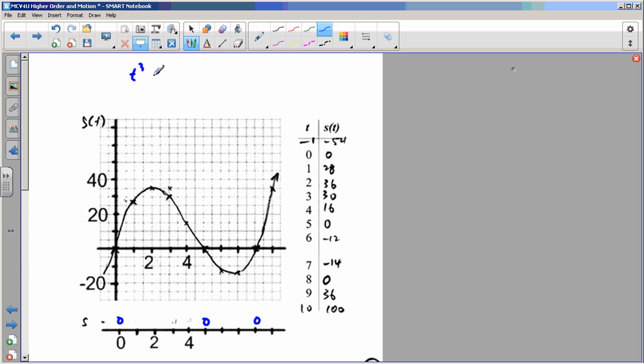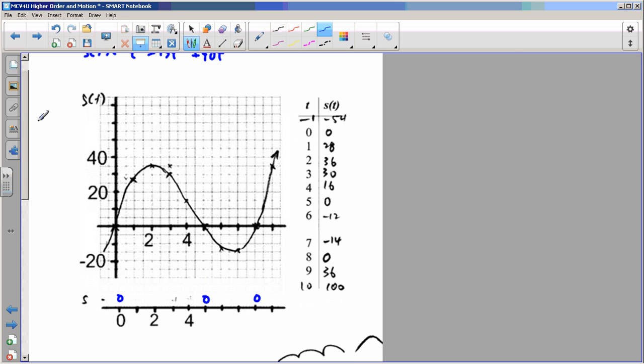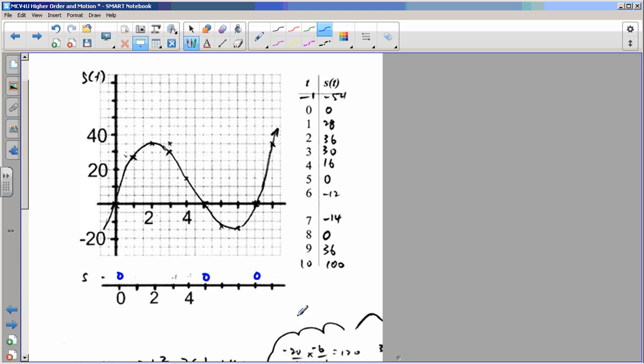T cubed minus 13 squared, plus 40t, right? This is the position function. And if I wanted to find the zeros, I could just set this equal to 0 and solve it, right? Advanced function stuff. But now, if I'm just looking at the number line, I can see in here that the